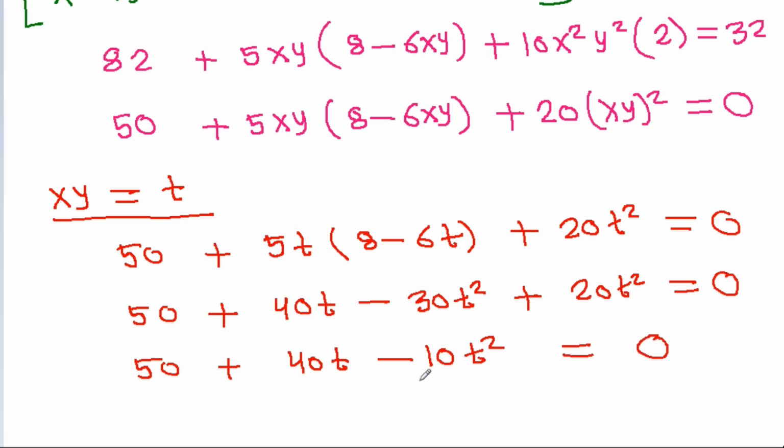And if we divide by 10, then we will get 5 plus 4t minus t square is equal to 0,